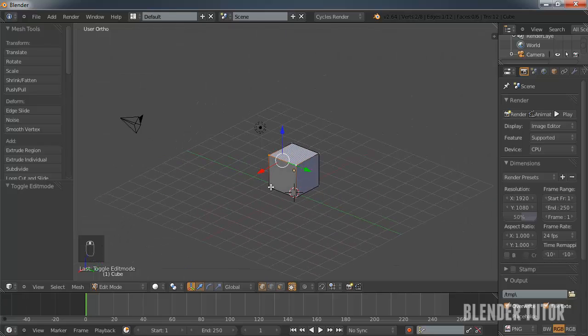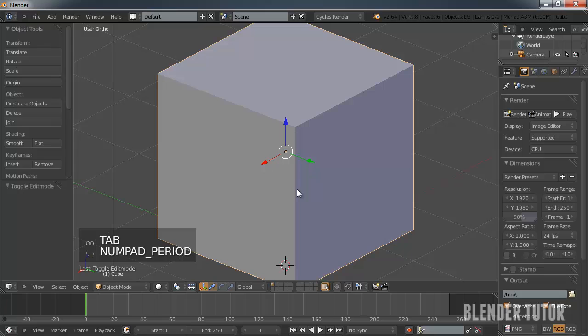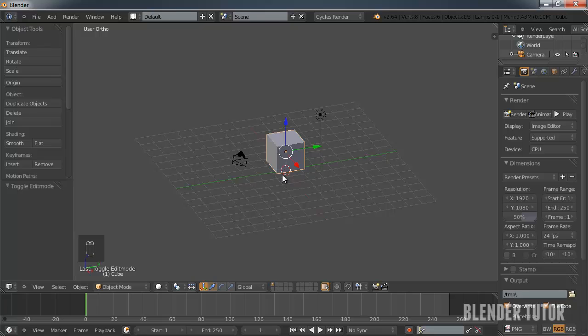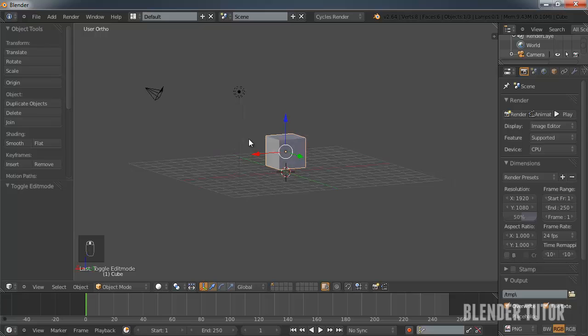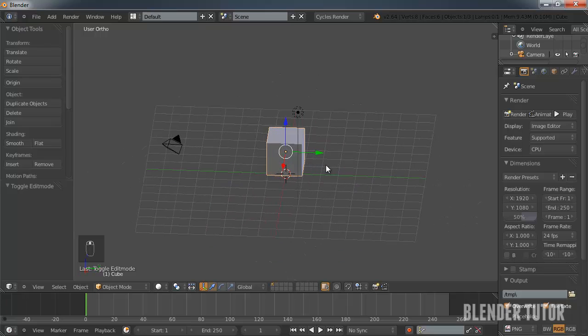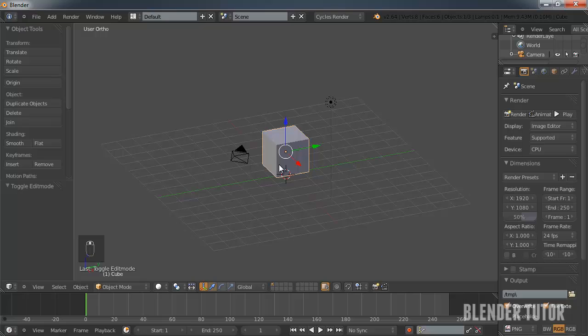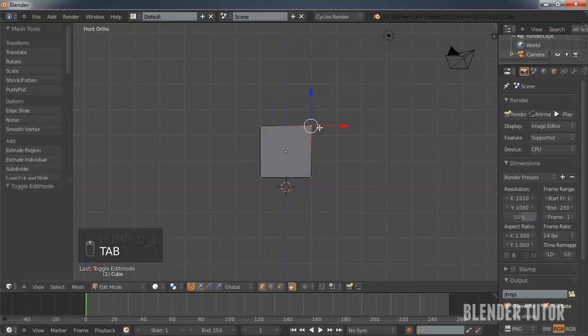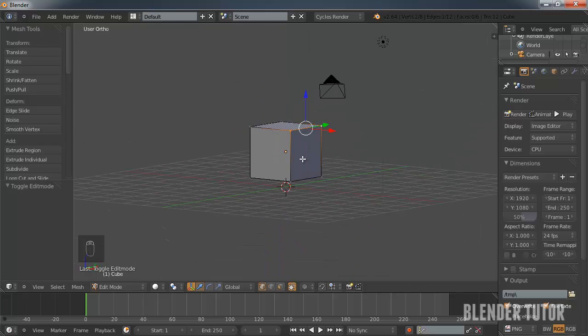It looks basically like those old computer games, like the old Fallout games, where as things get farther away from the camera, they don't actually get smaller. They're always the same size. So that's helpful for some things, especially for maybe architectural purposes, or building a room or furniture. But it has its place, and in this instance I'd like to use it to grab these vertices and just change the shape of this cube.